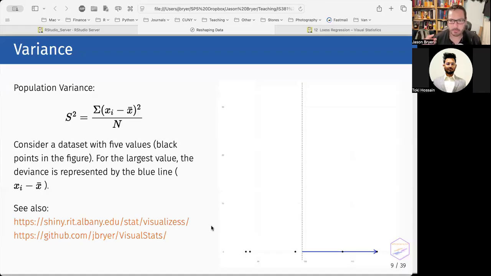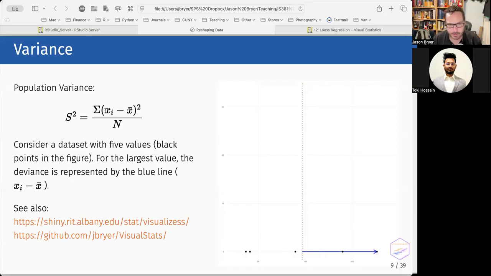So let's break this down and actually try to depict what's going on here. Here I have on the axis 5 observations represented by these 5 points. This vertical line here is the mean. I add all these values, divide by 5, and this is what I get, something a little less than 100. So let's start with this observation on the far right. We're going to take that observation minus the mean. Its contribution to the numerator, because we're going to do this for every value, but we're going to start with this one, is